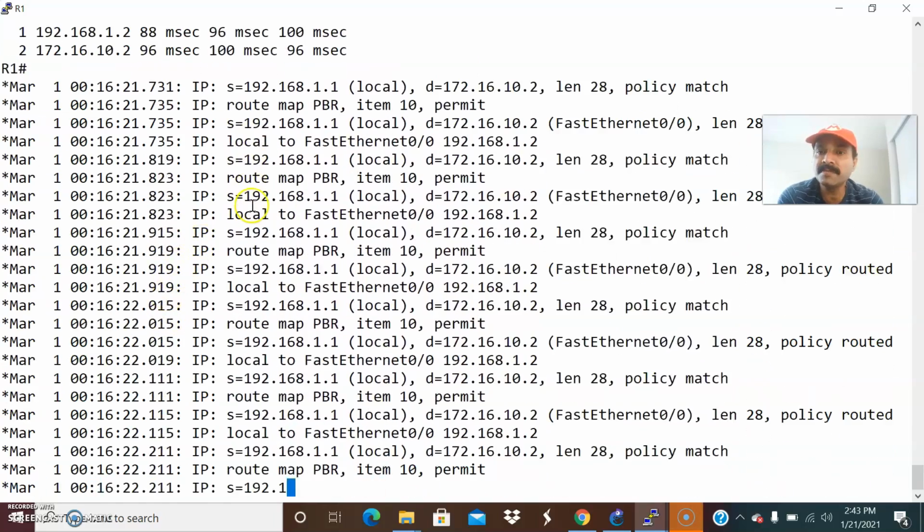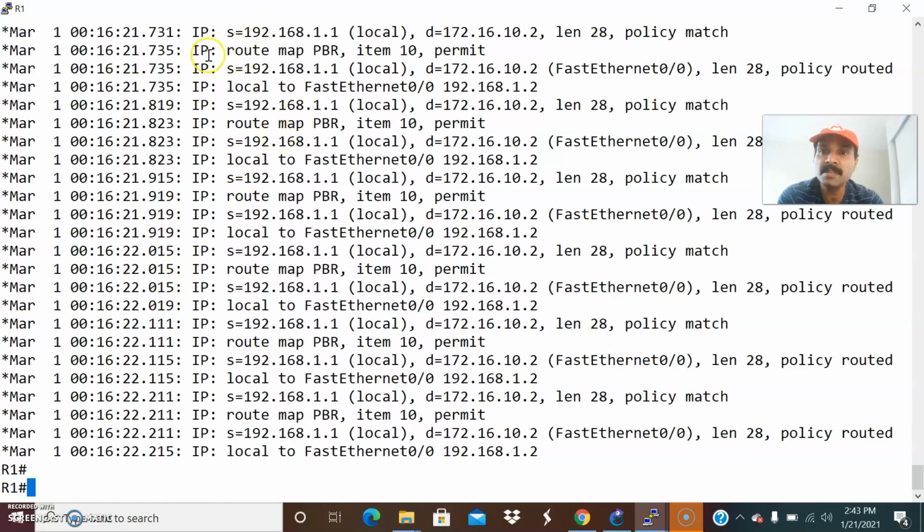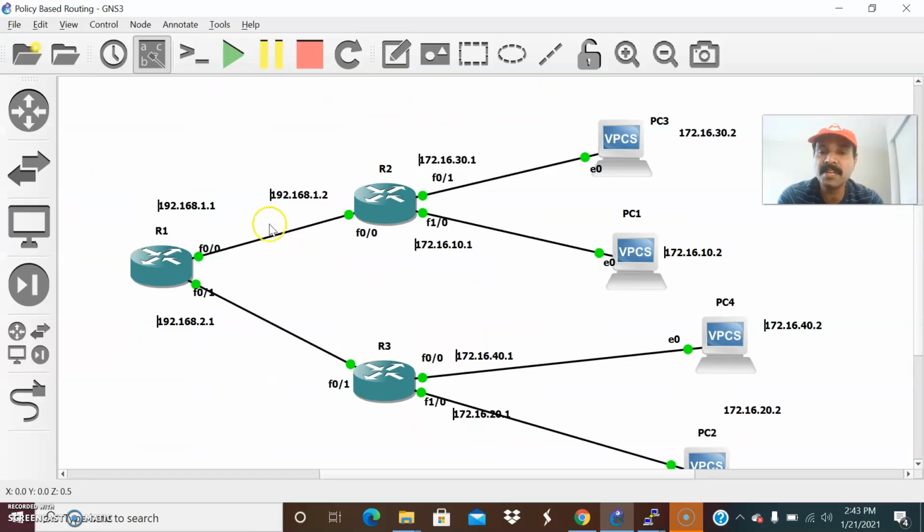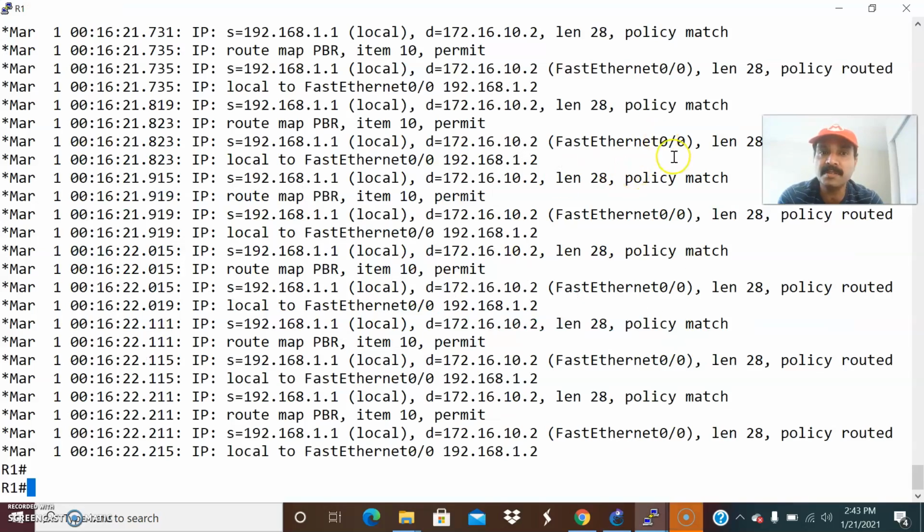It is setting the policy. So this already we have set the policy. So it will check for the route map statement and the permit. It automatically will check for the access list. So 1.1, the path it should take is this path, 1.2. So that is the path it will follow, then automatically it will policy match. So this we call a policy router. That means whatever the hop it matches, 1.2, both of these subnets will be automatically forwarded via this next hop interface. That is policy routing.